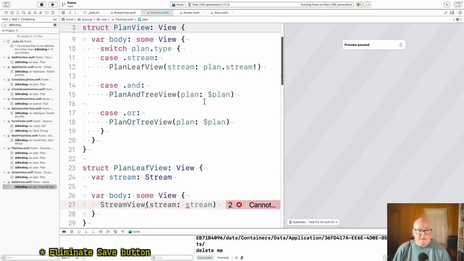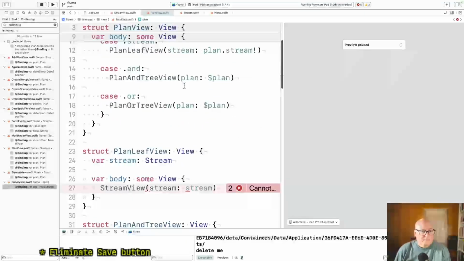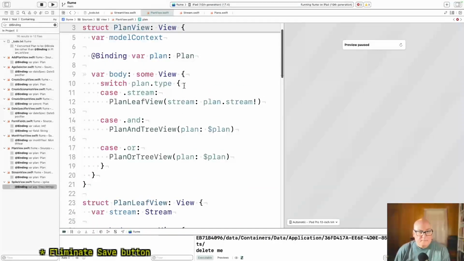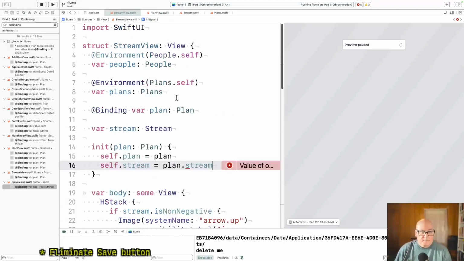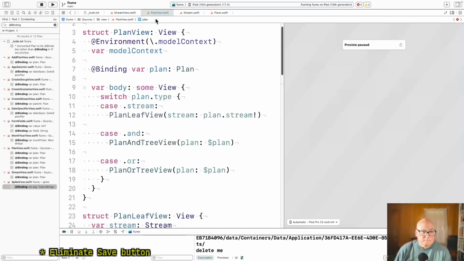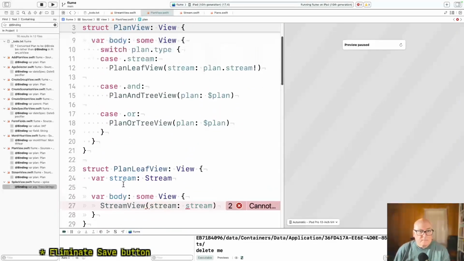The bang was on the end. Okay. Oh, it's all in the same file. Stream view.